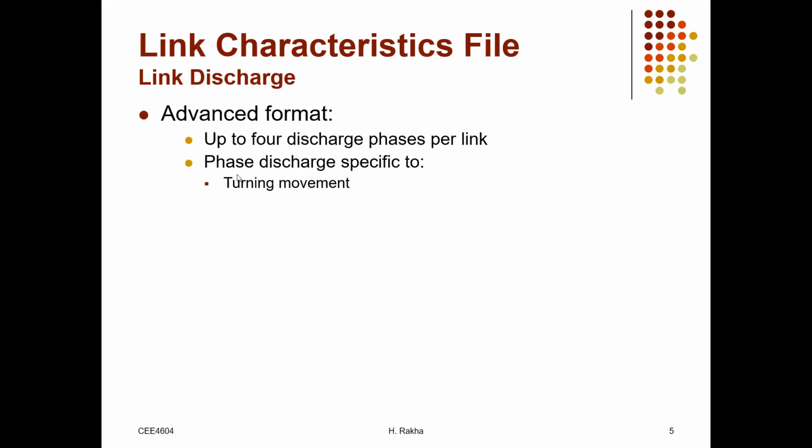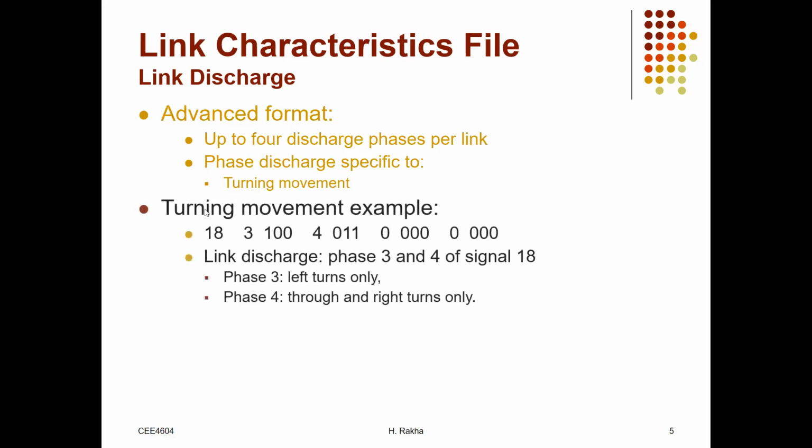And let's say you follow that with the through, left and right, where it becomes a permissive movement, and so basically now the left turners are discharging during 2 phases. In the first phase, they're in protected mode. In the second phase, they're in permissive mode. And so the way I would do that is as follows. In the link file, I would basically,